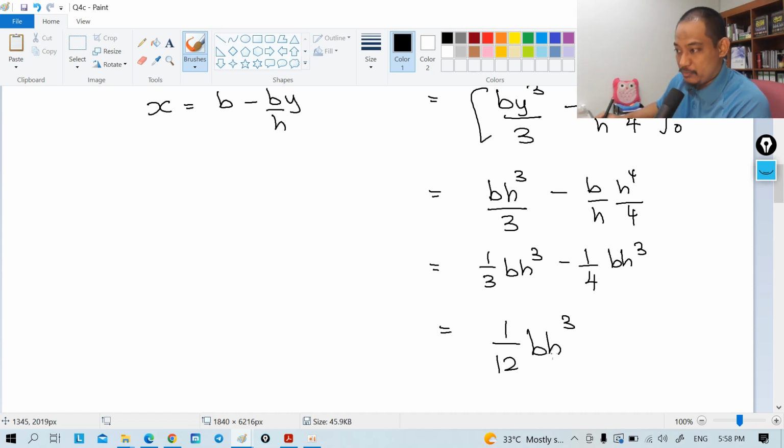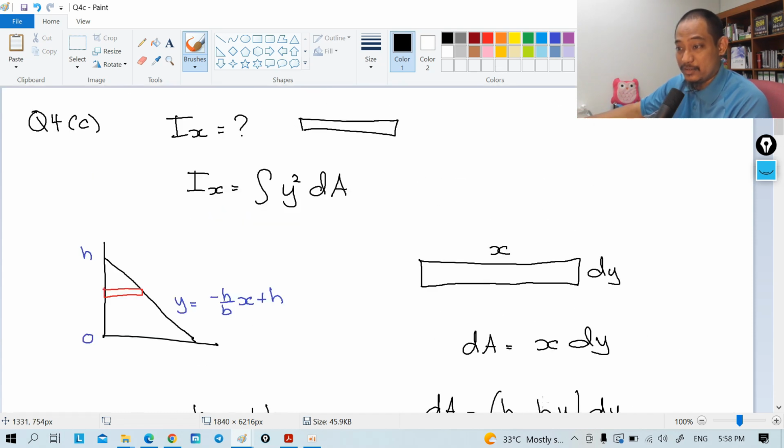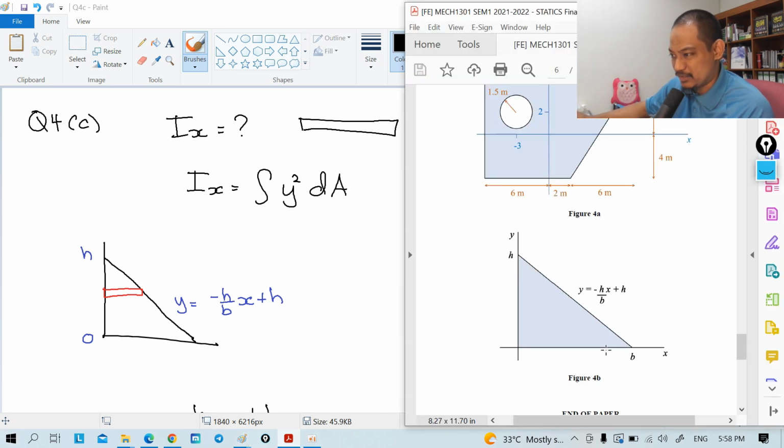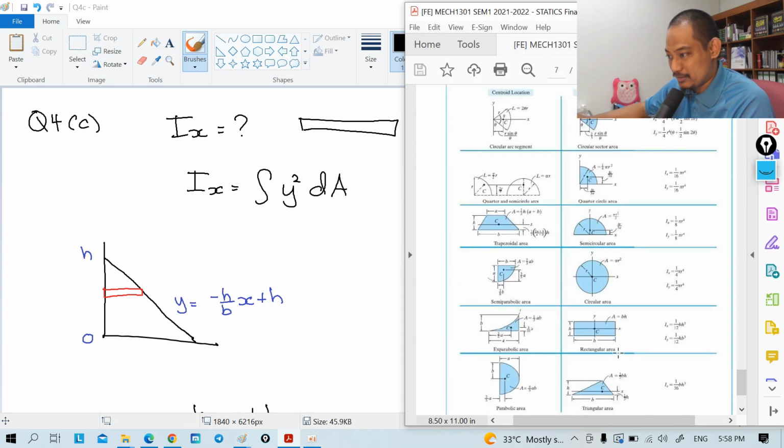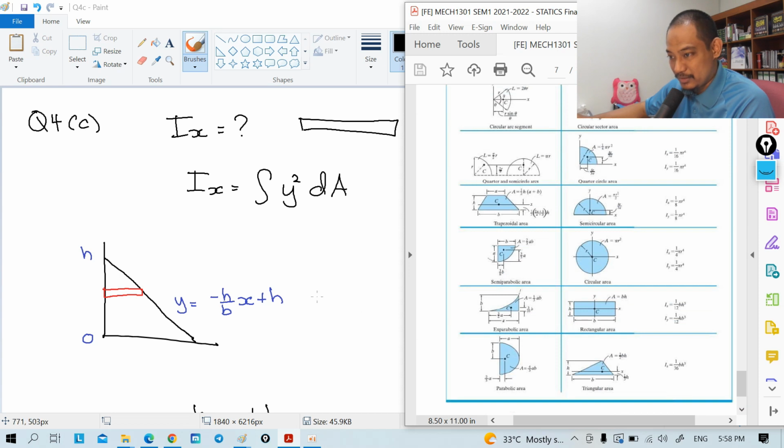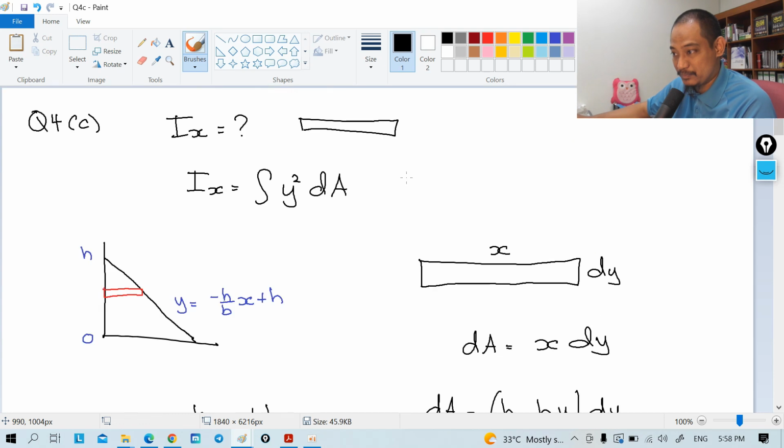Right, now if you get this and you realize that this is a triangle, right? The area given is a triangle. And we know actually Ix, for a triangle, it shouldn't be 1 over 36 here, because that is about its centroidal axis. But if you do use the parallel axis theorem, okay, we actually finished before